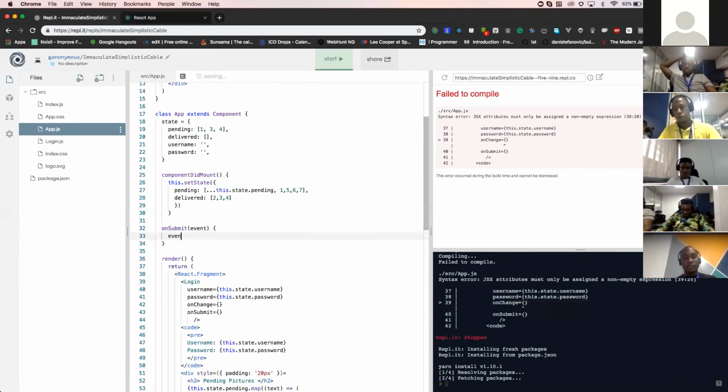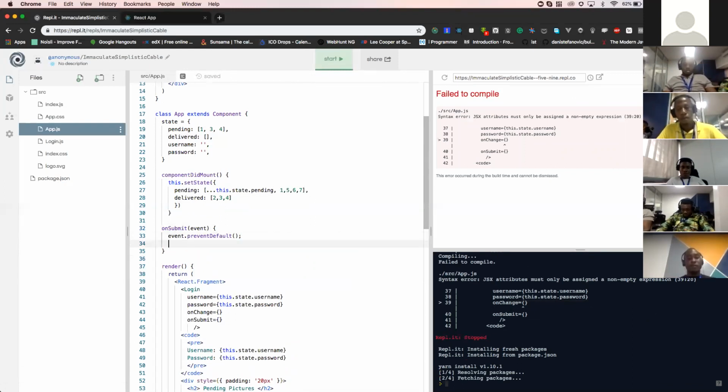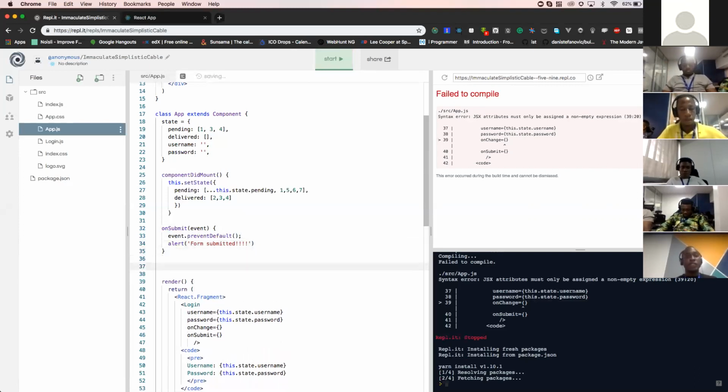In order not to refresh the page, we need to tell it to prevent the default behavior. And then what do we want to do? Let's just say alert form submitted. Yeah. So let's now define our onChange, which is a little bit more complex, because you would understand why